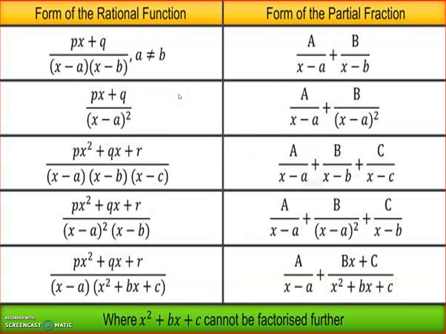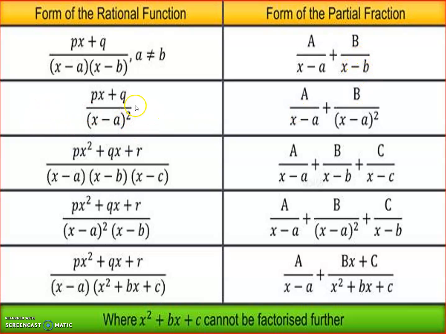So, up to this example we covered cos x and sin x. Now, we have to make use of partial fractions from the basic mathematics chapter. The form of the rational function px plus q upon x minus a, x minus b. Yes, these are non-repeated factors. Then we have to write it as A upon x minus a plus B upon x minus b.